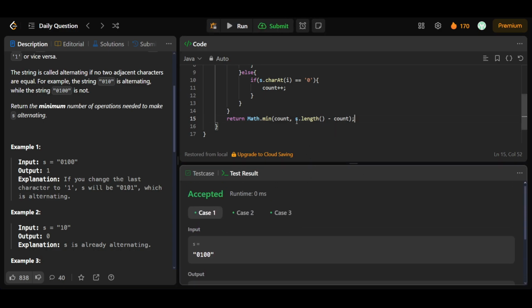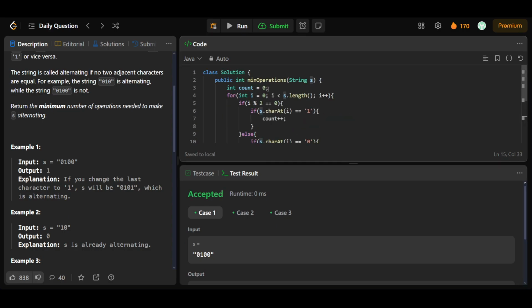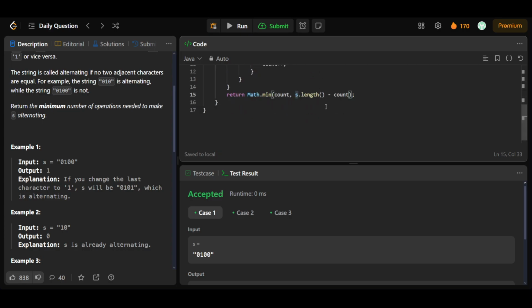And it gets accepted. So here we are doing s.length minus the count, because we are also considering the case if we start from 1, then the number of count will be the count subtracted from the length of the string. Okay, so now let's submit it,